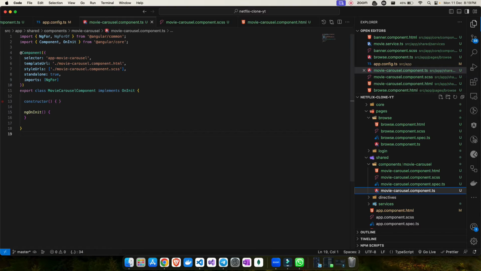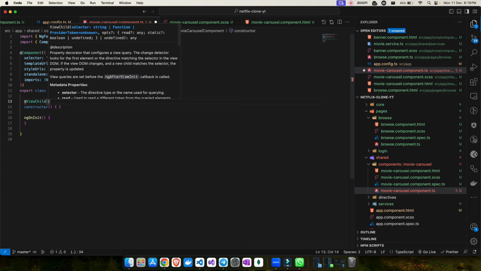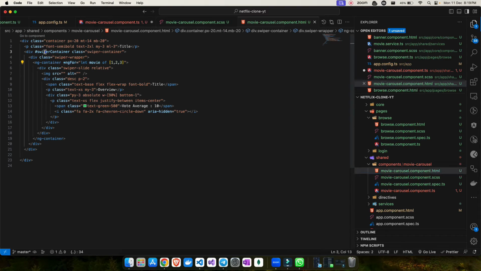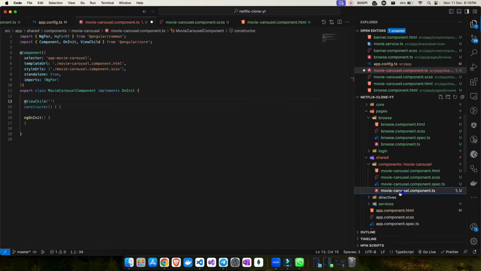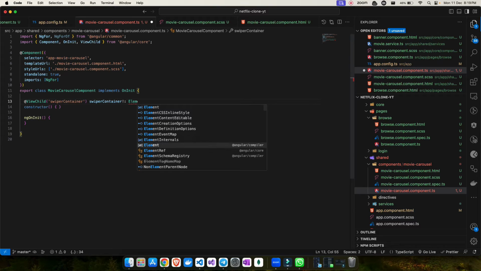So let me go into the swiper component TS file, and this is a very important part. First of all I will have to grab that container, so I will make use of ViewChild. In the ViewChild I will take that swiper container. If you remember, I added this template reference variable, so copy this reference variable and put it here. Once you add this, we can create this swiper container. I can give the same name, it's up to us, swiperContainer, and this is of type ElementRef. So we are using ElementRef for it.